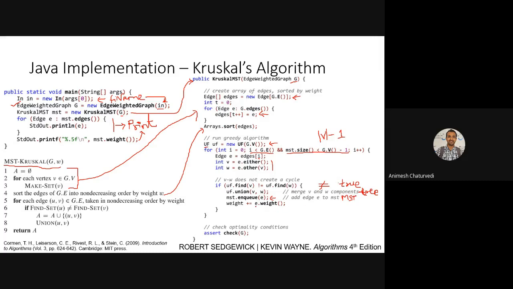Then what you do is the addition part: you add up the weight, and that is for the MST weight. So you keep on adding this to get the total weight. But this is for the true condition. What about when they are equal, meaning v and w give you equal? What will you do? This thing won't execute. The discussion we have done is for the condition of true.